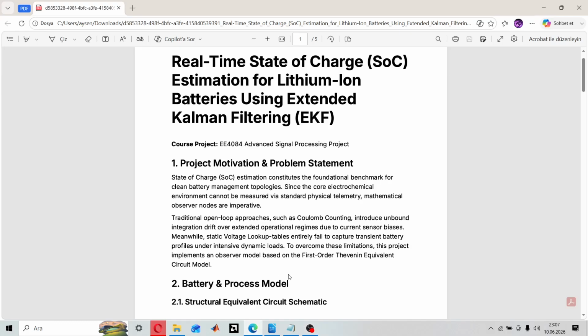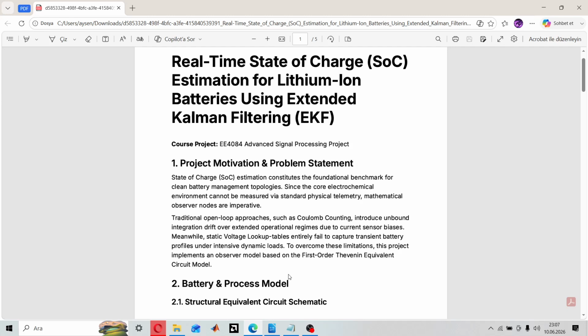Hello, today I am presenting my advanced signal processing project titled Real-Time State of Charge Estimation for Lithium-Ion Batteries using an extended Kalman filtering framework. The primary motivation behind this work is to establish a foundational benchmark for clean battery management topologies, focusing heavily on safety and efficiency. As we know, the core